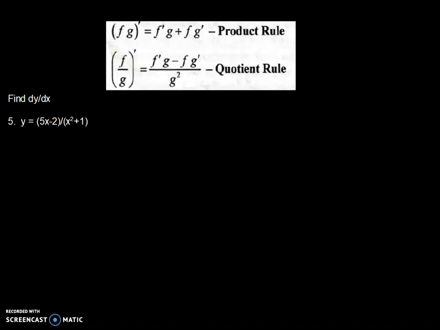Hey guys, so today we're going to go over the quotient rule, which is when you're finding the derivative and your original function has one function of x being divided by another function of x. So in this case, I'm going to call f of x, which is my numerator, the first function of x, which is 5x minus 2. And my denominator would be the second function of x, which I'll call g of x, which is x squared